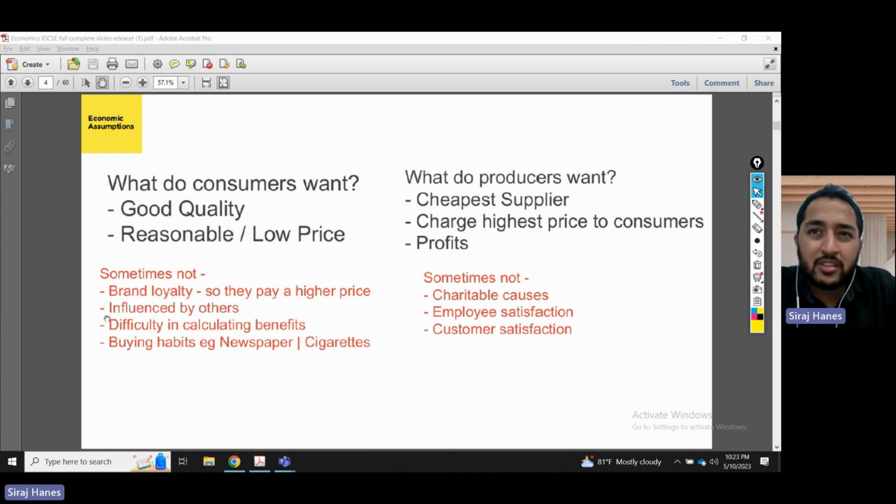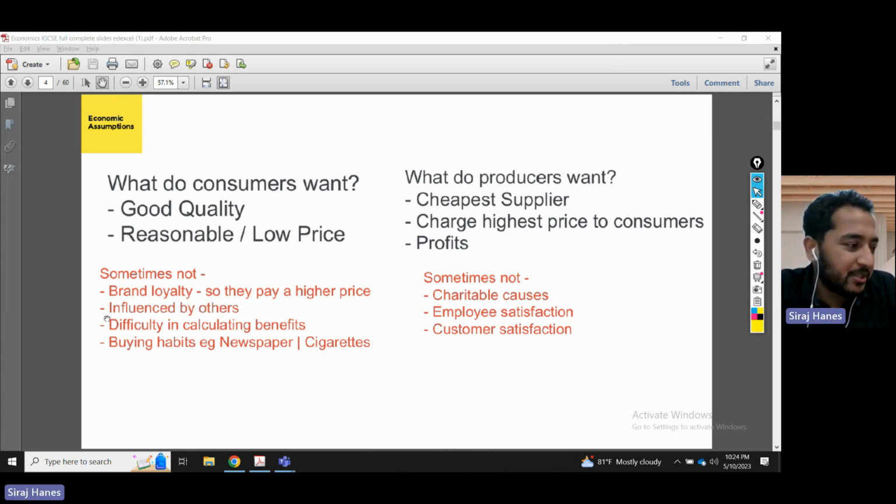The key example I always give here is health insurance. How many of you have health insurance? If you were to be hospitalized and you go into a private hospital, you're going to pay thousands of dollars or rupees or whichever country you're from. But if you just paid health insurance and had it, you know that if you were hospitalized, the health insurance company would pay your bill for you. But you don't have it. And if you don't have it, maybe you're a little irrational right now. Maybe you found it difficult to calculate the benefits of this health insurance.